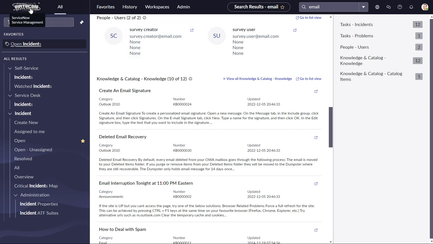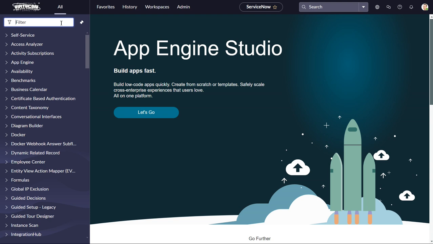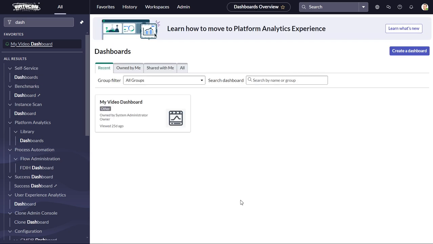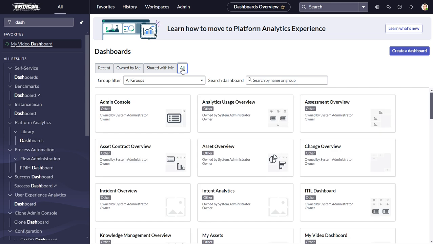The next feature: usually a lot of people will have a dashboard as their starting page. So what's a dashboard? It's a grouping of a visual representation of reports. And what does that mean? When you come over to self-service or your application navigator and you start typing dash, everything with the word dash comes up. So you click dashboards, and here it will let you see the recent dashboards that you've worked on, the ones that are owned by you, ones that are shared with you, or you can look at all the dashboards. So if I open up, let's just go to admin console,